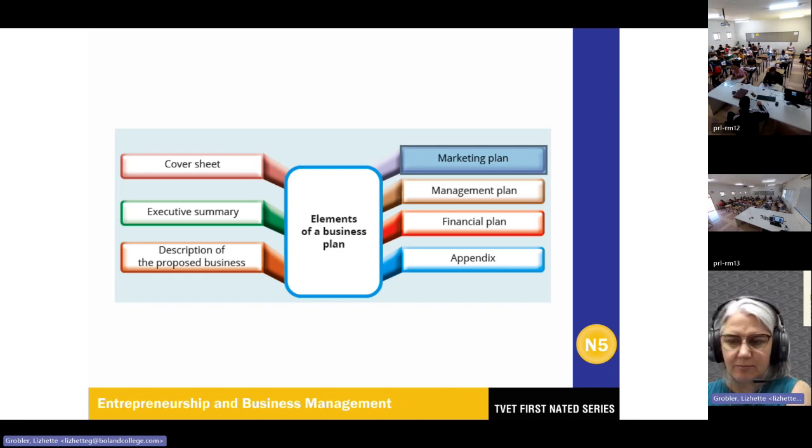There is a cover page, a content page, also an executive summary, the description of the proposed business, the marketing plan, also calculations for the budget, a questionnaire of how you can make use of it, or what you can use as a tool.